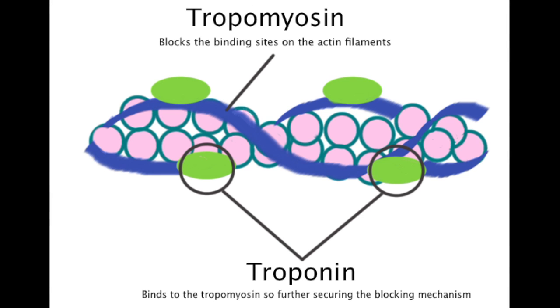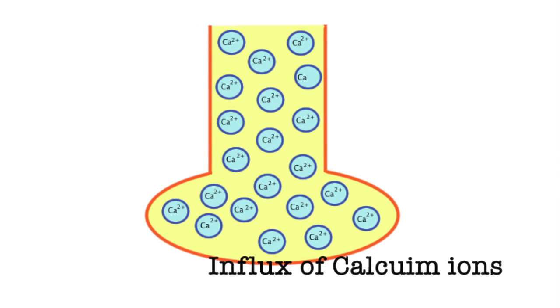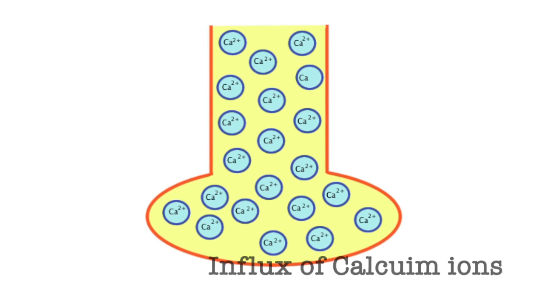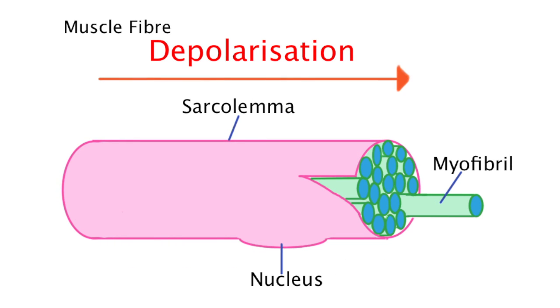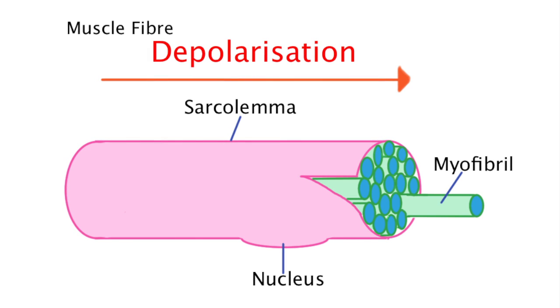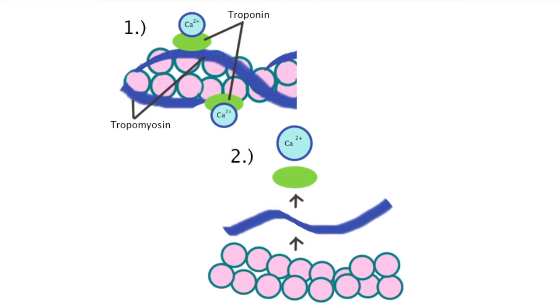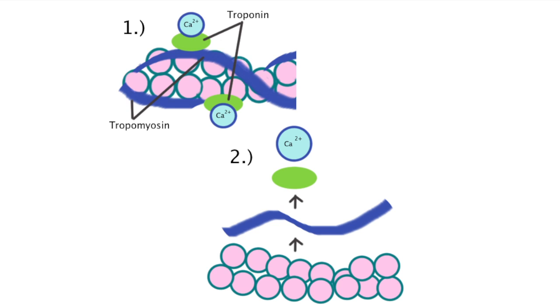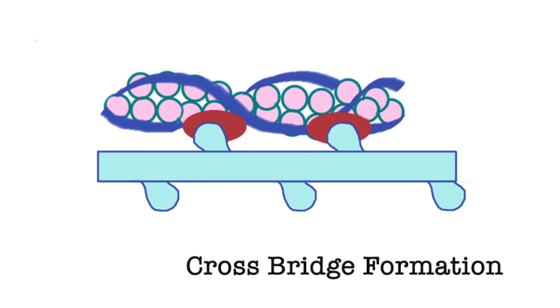The process begins with an action potential which triggers an influx of calcium ions into the neuron, which stimulates the muscle cell, causing depolarization along the length of the fibers. Calcium ions then move into the sarcoplasm, the specific name for the cytoplasm of a muscle cell. These calcium ions bind to the tropomyosin molecules, which triggers a change in shape, causing the tropomyosin to move out of the binding site. It is now exposed for the myosin head to form a cross bridge with the actin